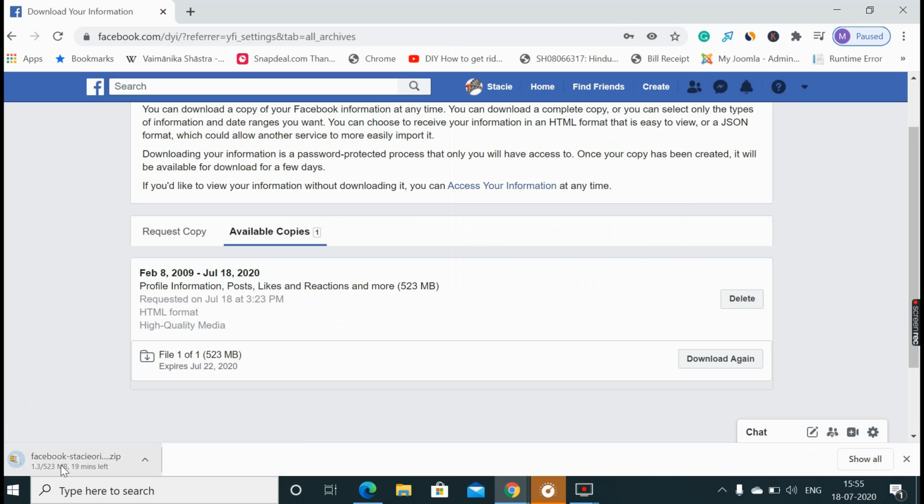See, all the information that I've created in my Facebook account is being downloaded in a zip file. So once it is downloaded, you can simply keep it, and then you can delete your account. But I would suggest deactivating for some time and coming back, and then trying to reactivate. If not, if you have made up your mind, it's completely your choice. You delete it and then come back whenever you think. Then you can again start from scratch and create your Facebook account.